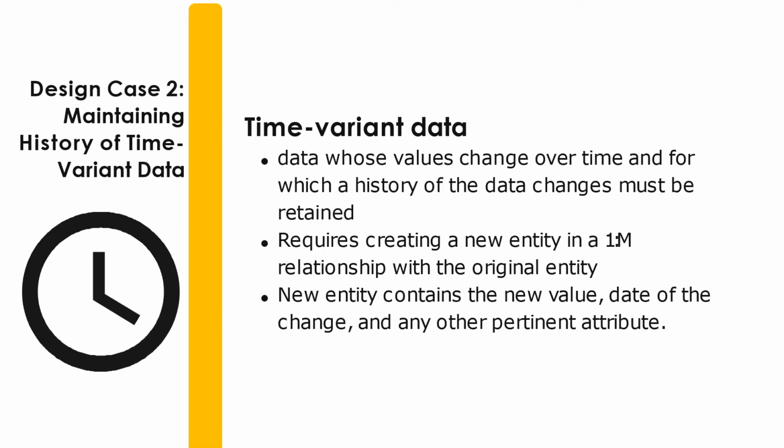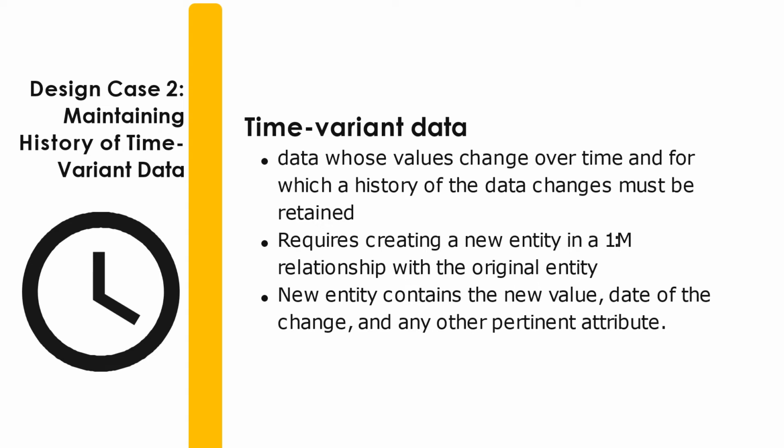Design case number 2, maintaining history of time variant data. Now, what do we mean by time variant data? Time variant data are data whose values change over time and for which a history of the data changes must be retained. This one requires creating a new entity that has a one-to-many relationship with the original entity, and the new entity contains the new value, the date of the change, and other pertinent attributes that might be useful for you to still store. Usually, we use time variant data when you would like to capture the changes,